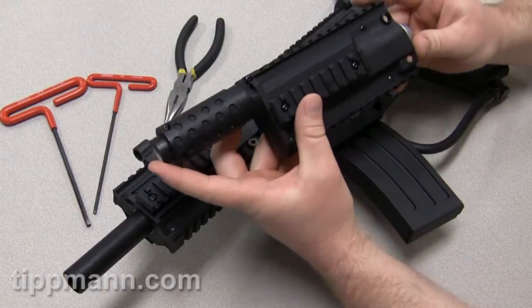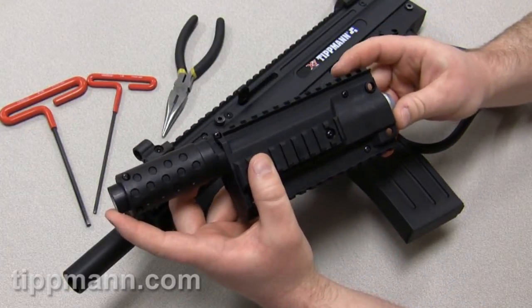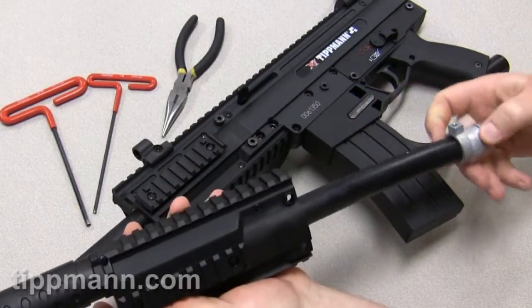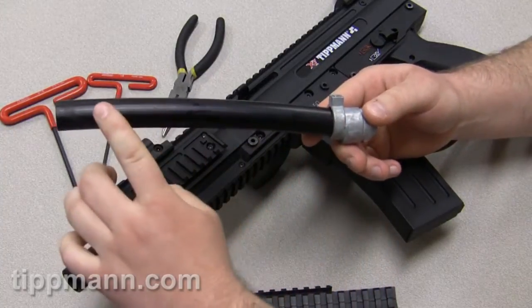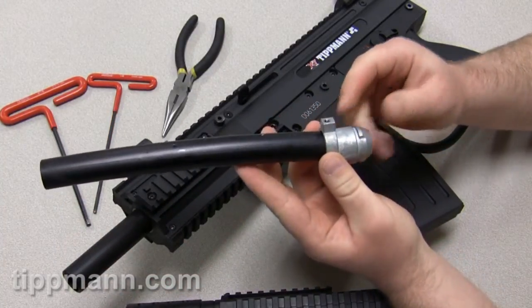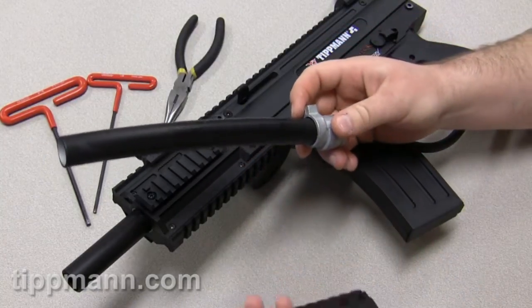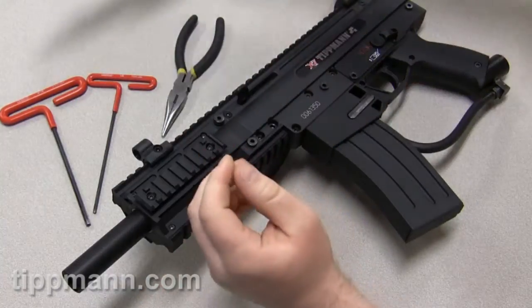Going to demonstrate the installation of a flatline barrel system on your Tippmann X7. We're first going to start off by pulling the barrel out of the shroud. Just kind of go over the barrel a little bit. You can see that the barrel is bent. It's bent that way to get the backspin on the ball, and that's what's going to give you the distance. What we're going to do, we're going to put this back in there, put that off to the side, and